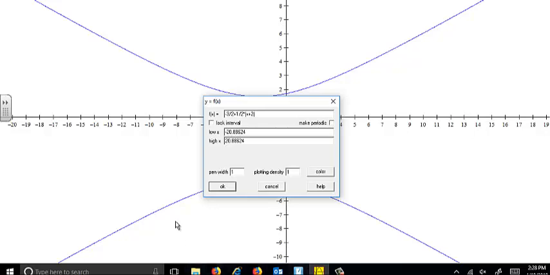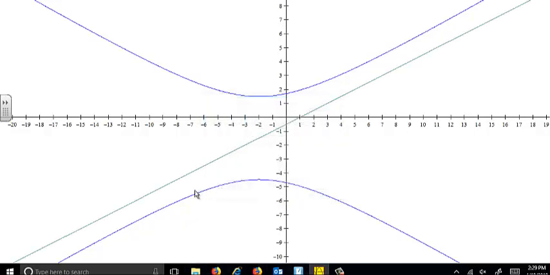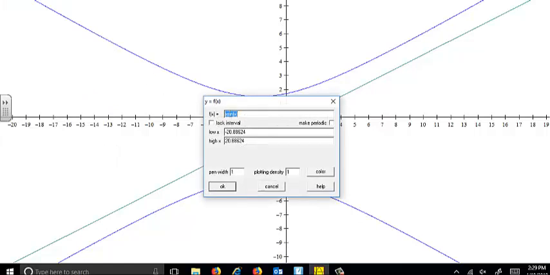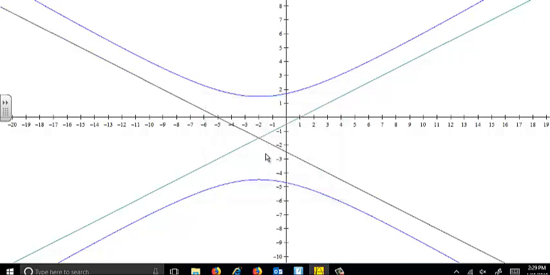So that's one of them. And then the other one is another explicit equation, which is negative 3 halves minus 1 half times x plus 2. And we say okay. And you can see that the intersection of those two lines is at negative 2, negative